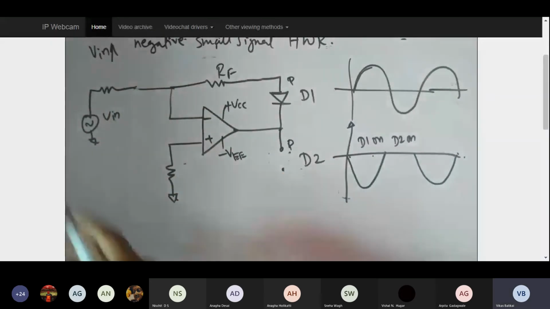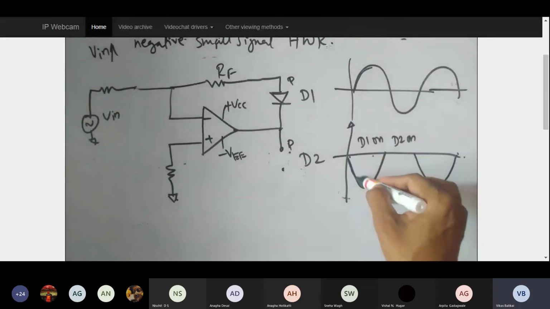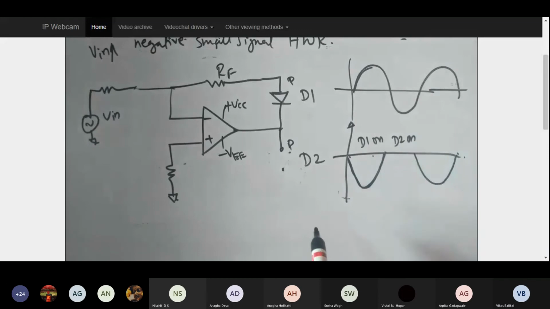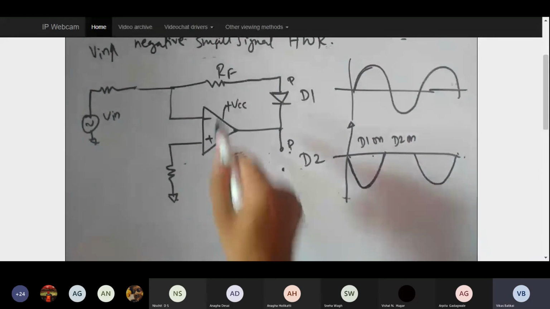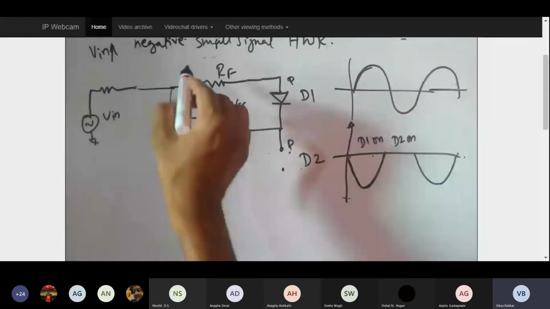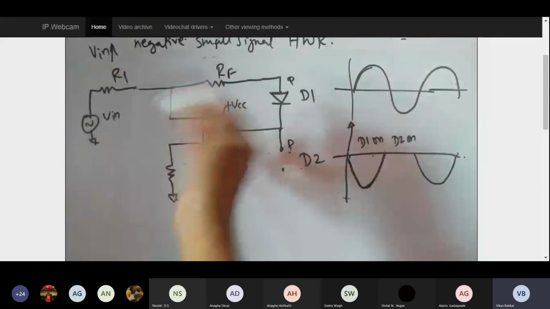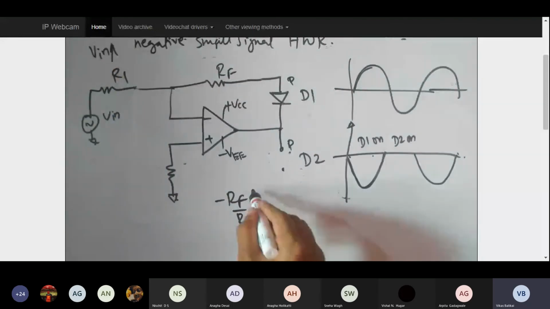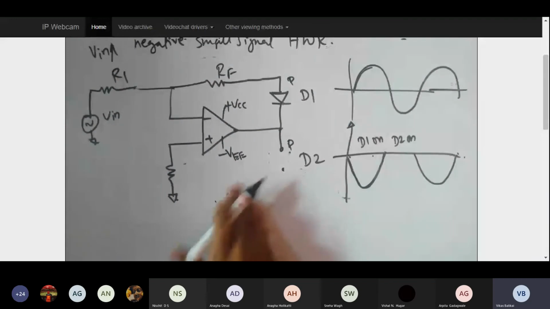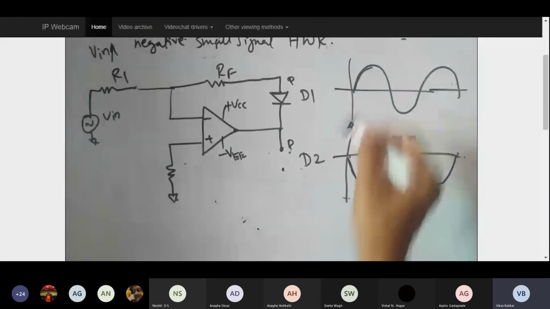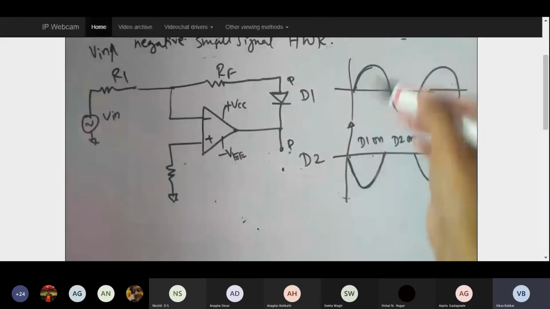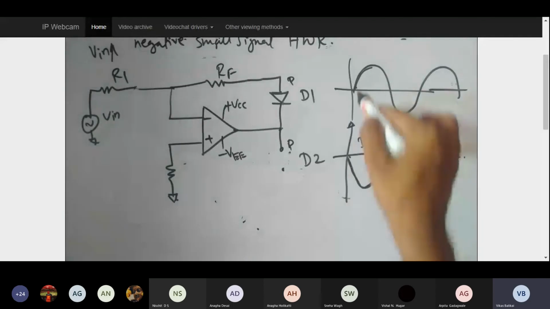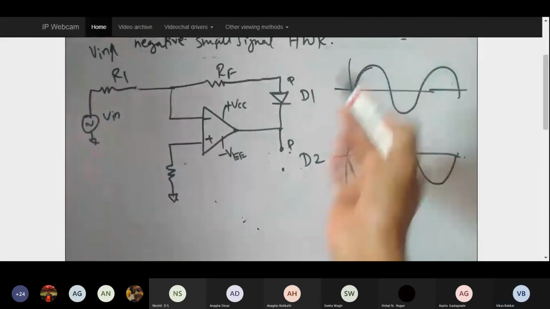So look at the circuit, it is exactly going to behave like a non-inverting amplifier, so hence I'm going to get the outcome here in the negative. So based on the value of this RF and R1, I can set the gain. The gain is usually minus RF by R1. So if I set both to 1k, my gain will be 1. When gain is 1, the input and output voltages will be same. So this is what is going to happen when the diode D1 is on.